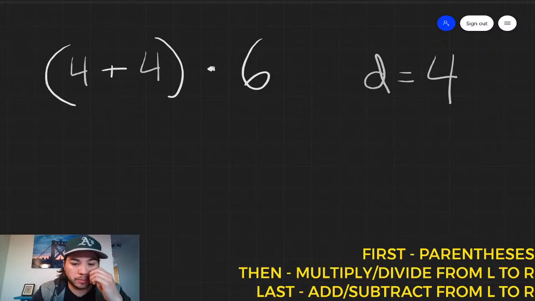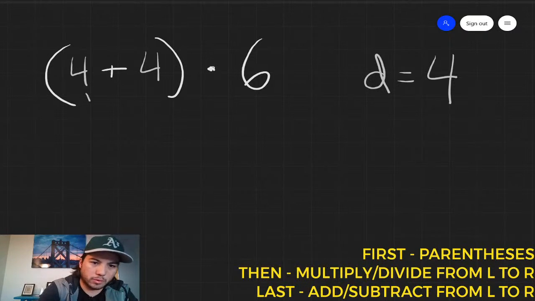And what do you come up with? So we got 4 plus 4 equals 8 times 6 equals